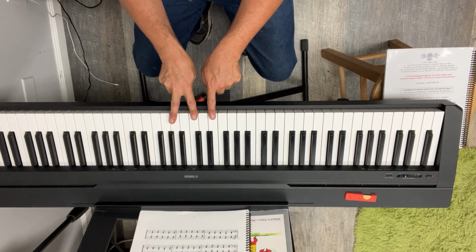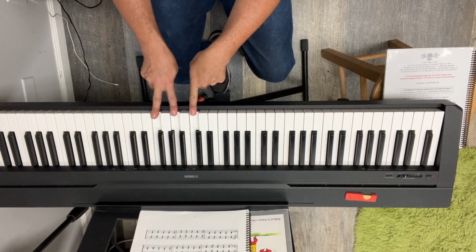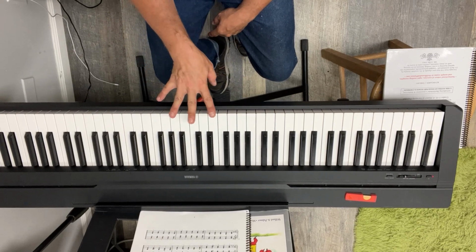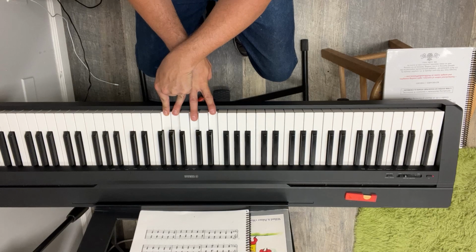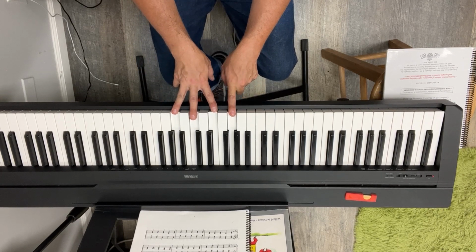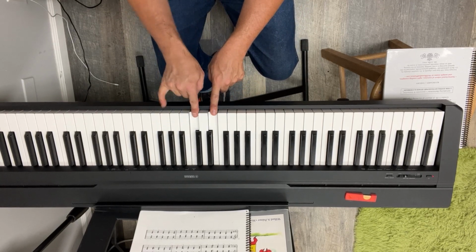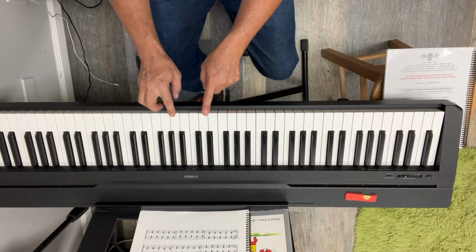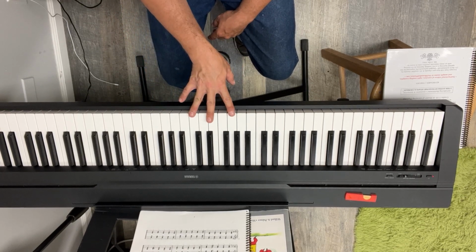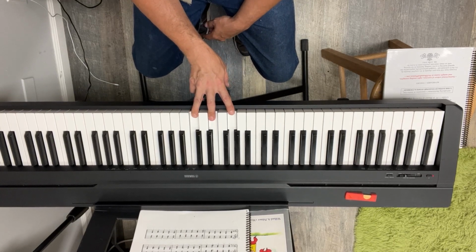The concept we worked on was a major with a minor makes a 7th chord. If we had a major chord and threw in a 6 down here, we would get a minor 7. If we threw in a major chord here and threw in an E minor, we would get a C dominant 7. When we play in the key of C major, A minor is the natural minor 6th, meaning